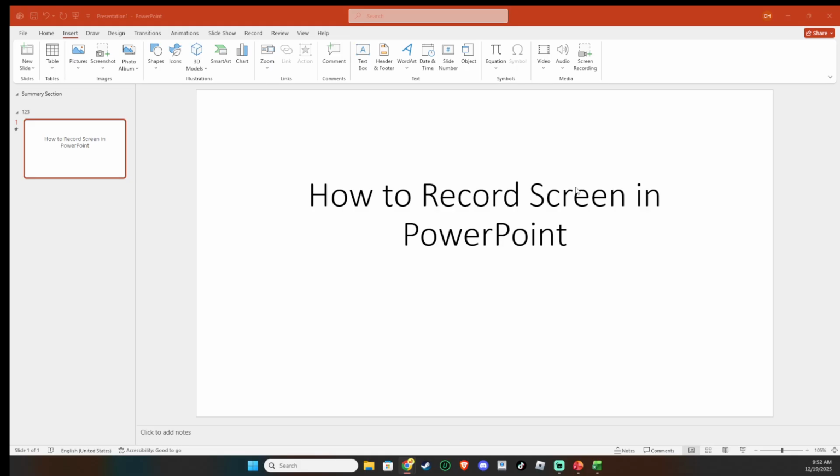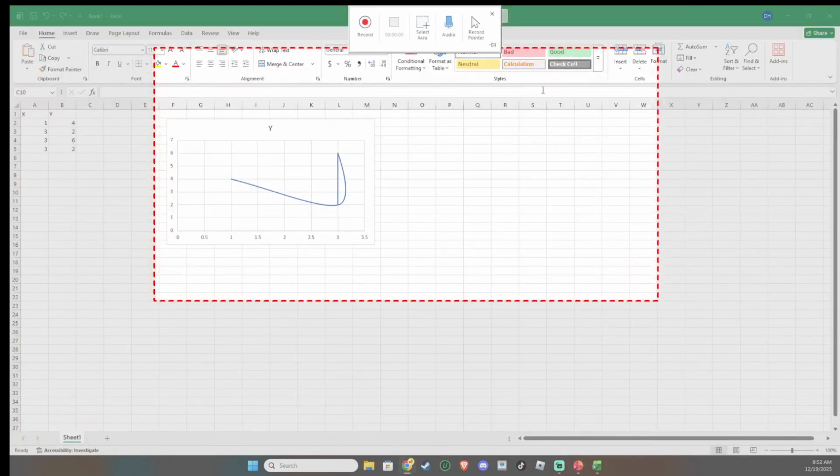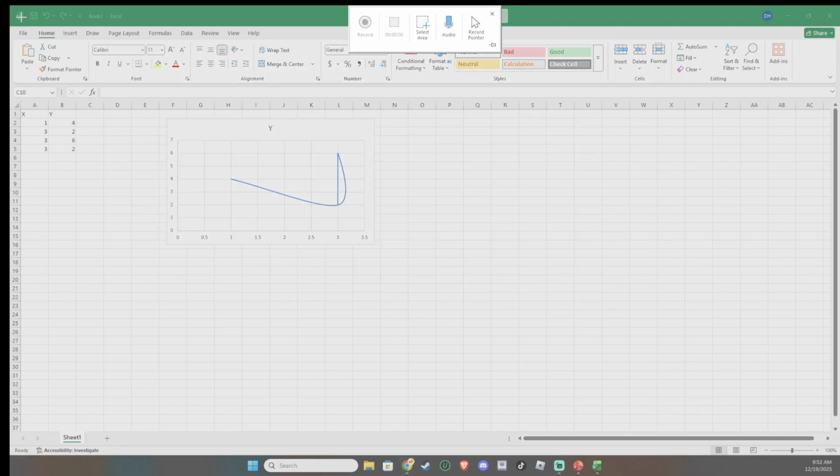Next, go to the Insert tab on the ribbon. This is where PowerPoint keeps most of its media tools. From there, select Screen Recording. When you do, PowerPoint dims and reveals a small control dock so you can set up your capture. You'll notice the interface gets out of the way to give you a clear view of what you're about to